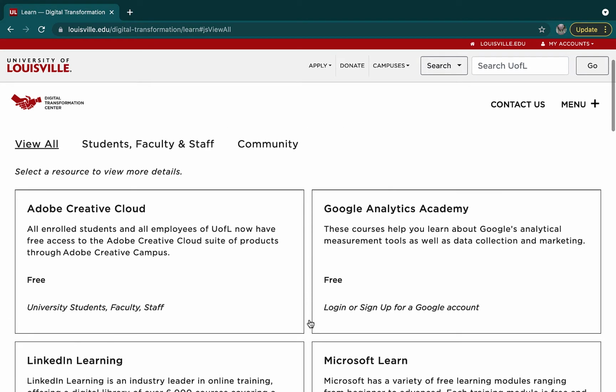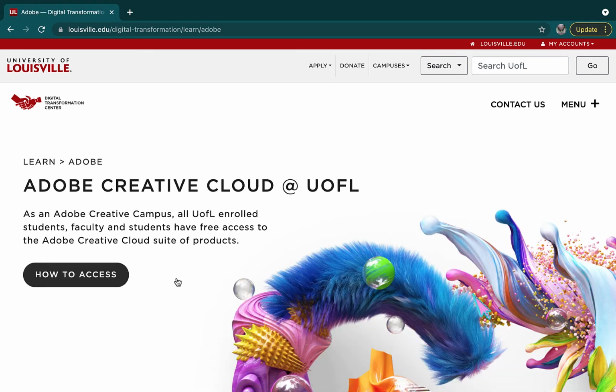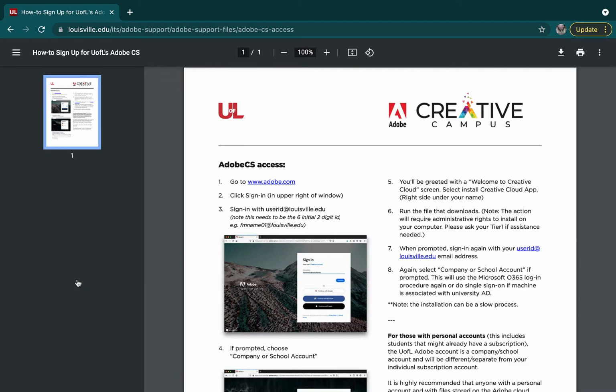Scrolling down over to the first left-hand side, you will see Adobe Creative Cloud. This is where you're going to click. After clicking on that button, we will see how to access. Clicking on how to access will take us to a PDF that gives us more information about Adobe. We know that we need to go to